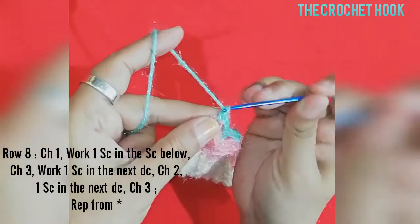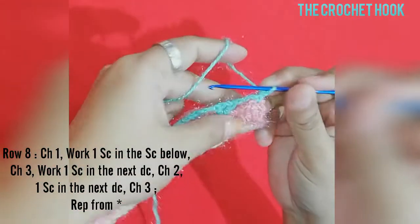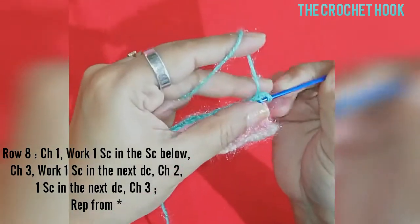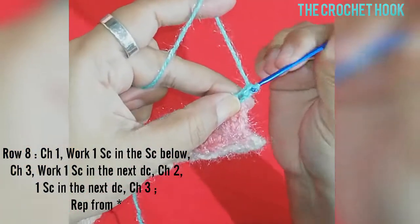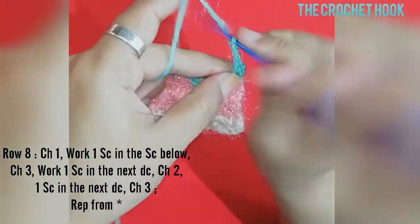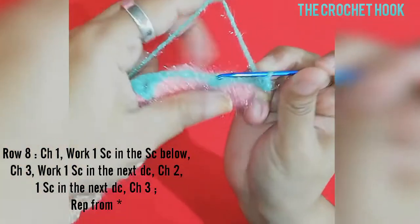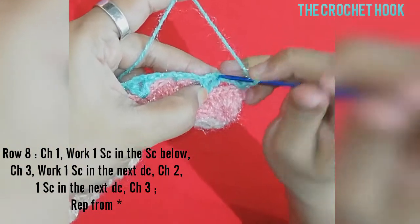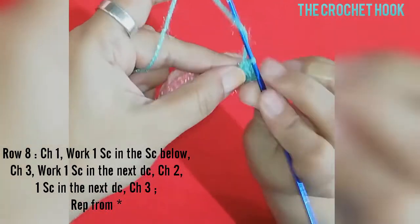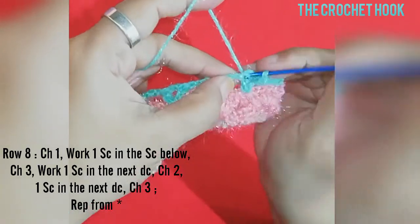Chain 1, turn the work. In this very first SC, work 1 SC, chain 3. Next, in the first DC of this V stitch, insert the hook, work 1 SC, chain 2, and in the next DC here, work 1 SC here,